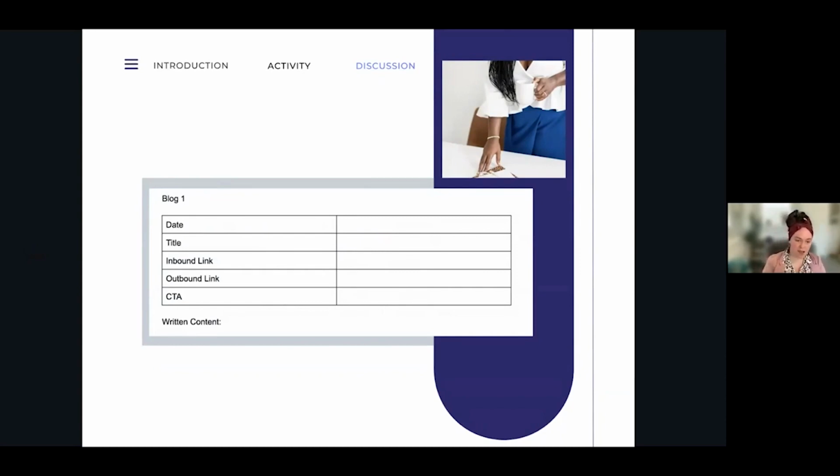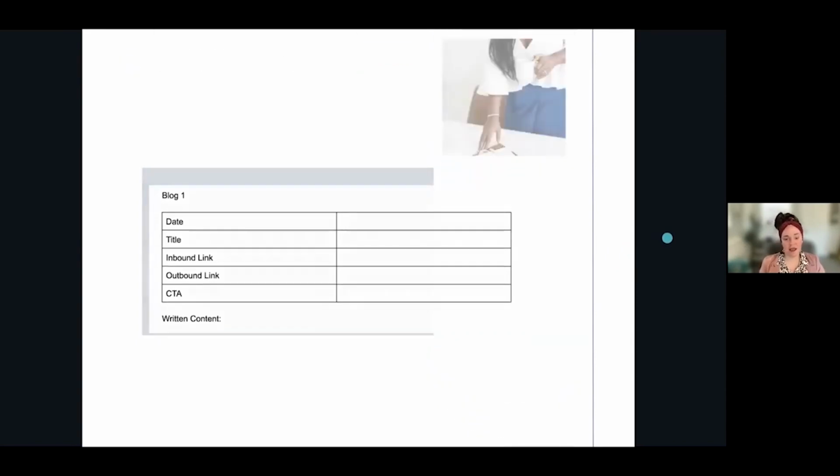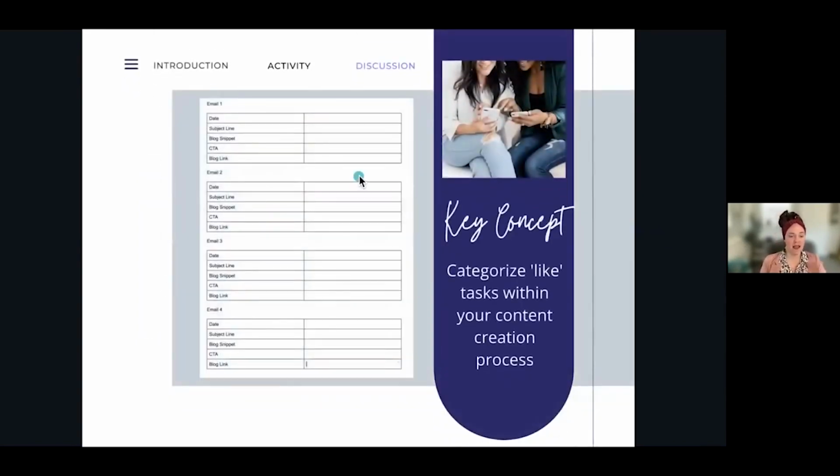For myself, content creation looks like blog, then email, okay? So once I'm done with all of my blogs, I then split my screen. I have my blog spreadsheet, and then I have my email spreadsheet. And I copy and paste any applicable information over here, right? So now I've created my subject line. I have the date of when this is going to be scheduled out. I can copy and paste a snippet of the blog into here. Then I determine what call to action I want to have within that email. And then I come back at the very end, once I've scheduled the blogs, and I include the blog link